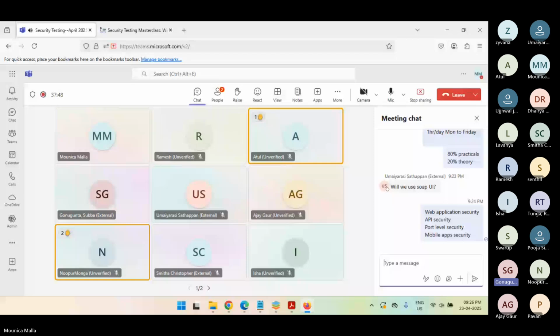Just curious on that part. On the cloud related, do we have any other concepts we need to cover, or is it a completely different subject? See, cloud security is completely different. AWS has a different security. Microsoft Azure has a different security. So for that, you have to go for a DevOps security course sponsored by AWS or Azure, because